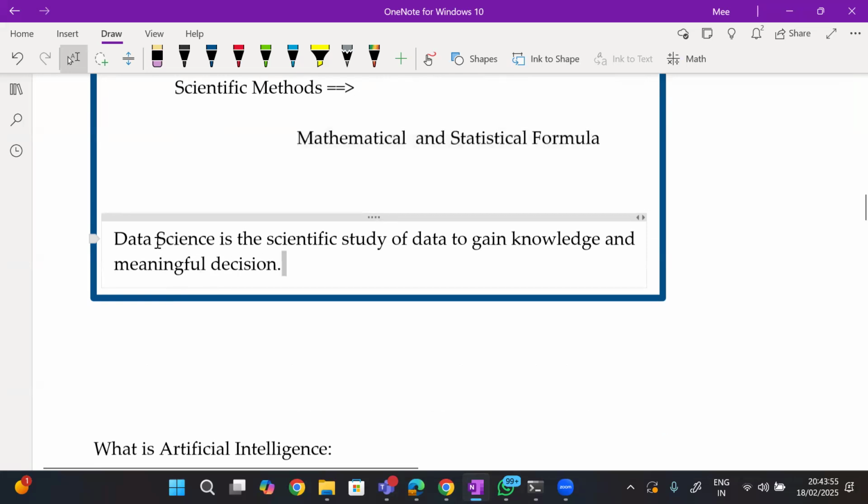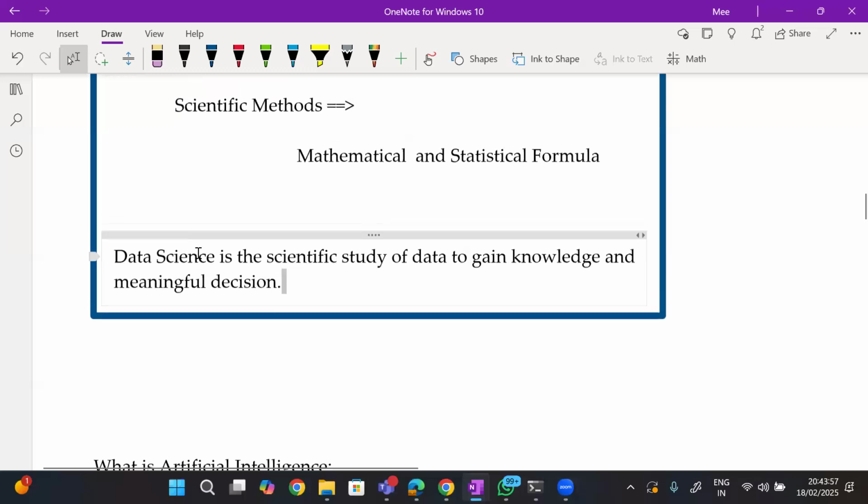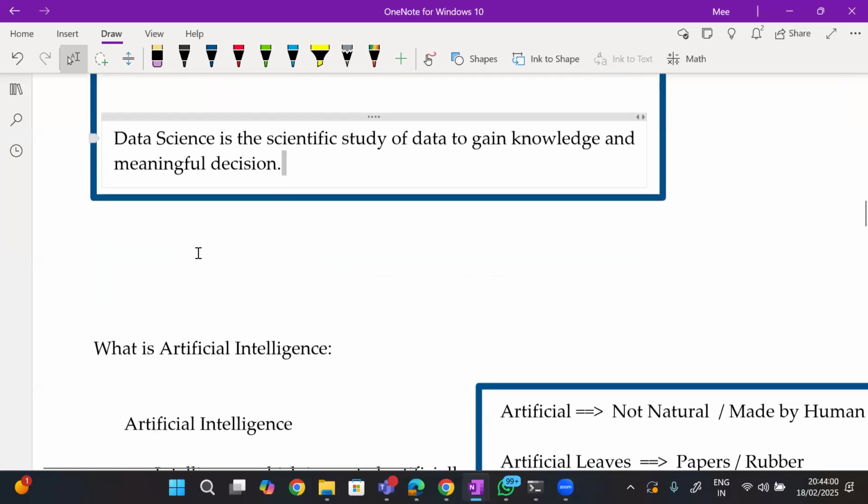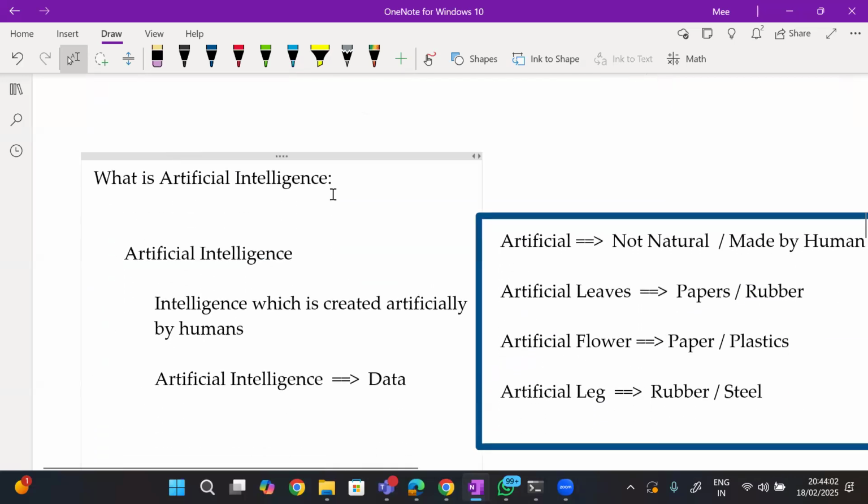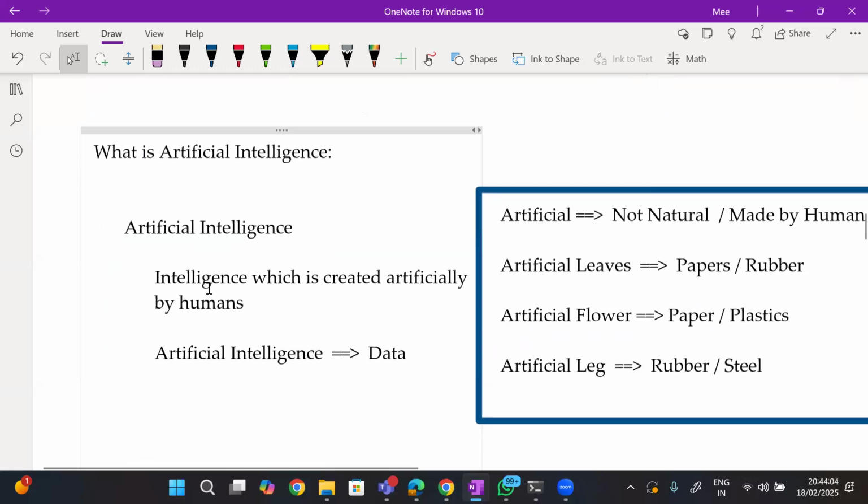Now we have seen what artificial intelligence is.